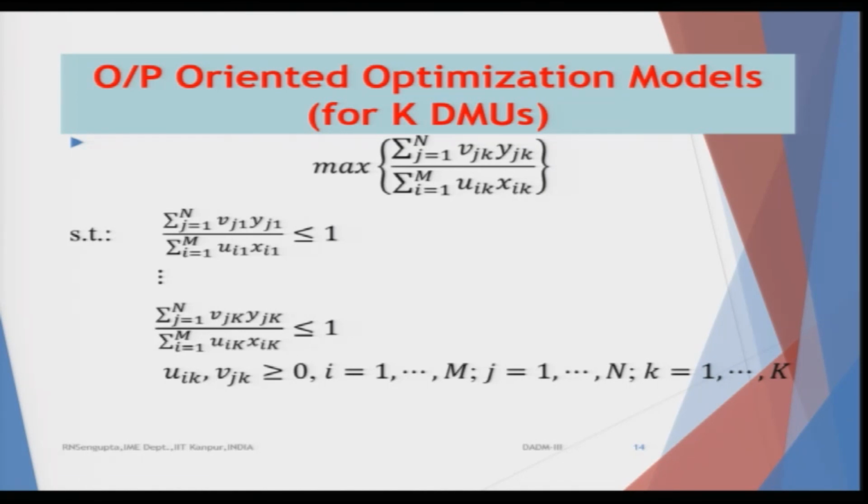So, what you are trying to do is find out what the ratio is, considering you want to maximize it. The higher the ratio is, and obviously in the highest case it will be 1, then the efficiency of that DMU, for k equal to 1, 2, 3, 4 till capital K, is 1, that means its actual efficiency is 1. Now, you want to maximize the efficiency, and you will do it for each and every k value, k equal to 1, 2, 3, 4 till capital K.